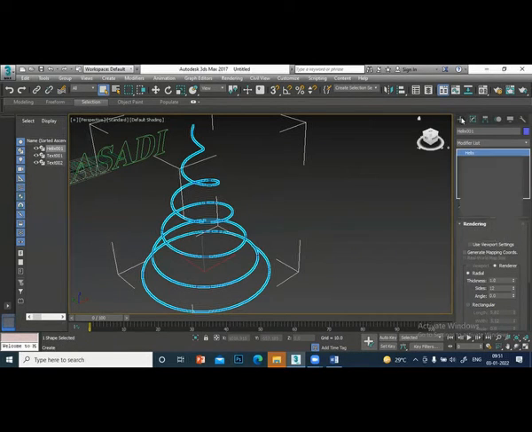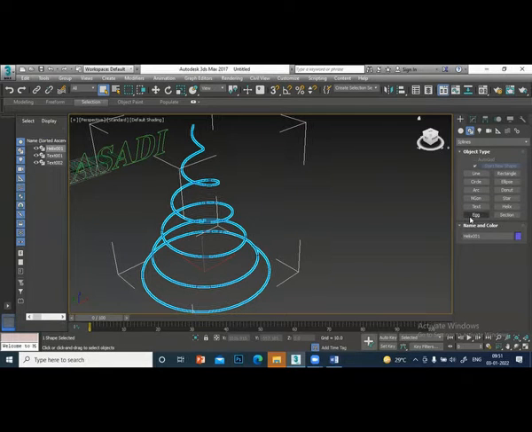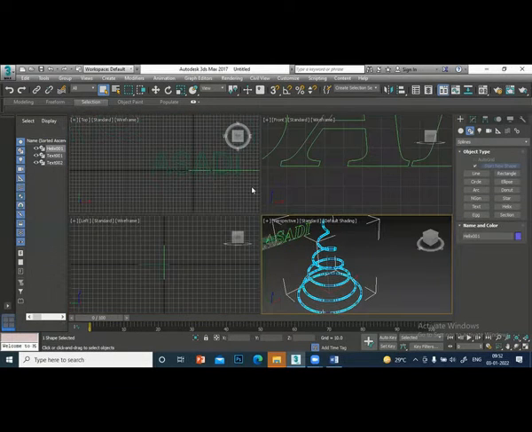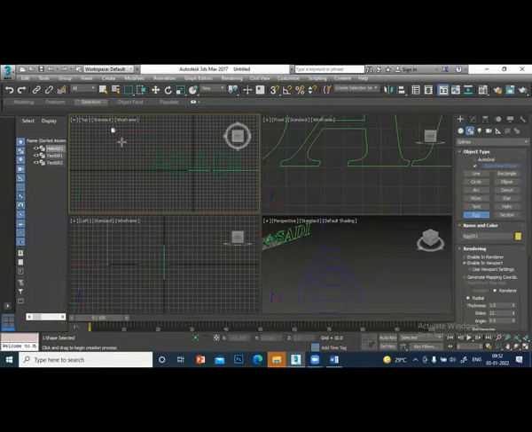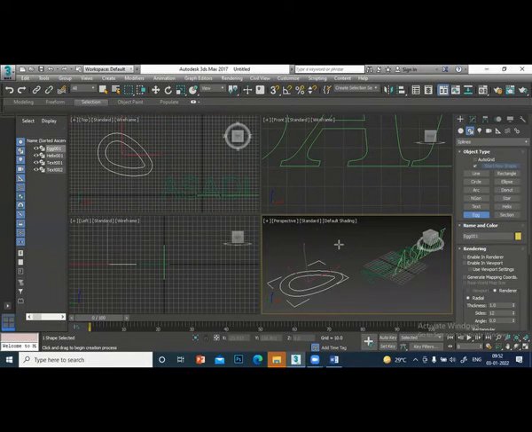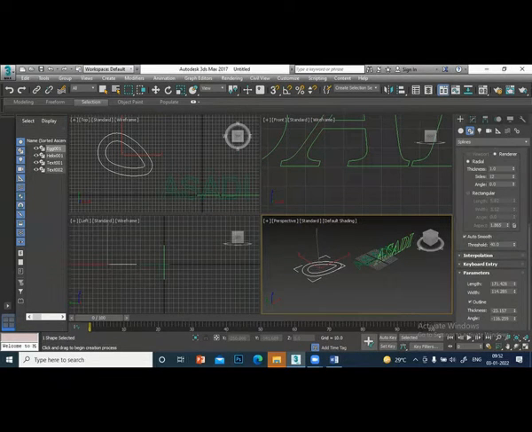Okay, now egg. When I click the egg command, you draw an egg-like object. It's an egg. I can remove the tick mark. You can see this is the egg. And if you don't want the inside, in the parameters you click the outline off, and you'll see it's just like an egg. The angle can be adjusted from here. See, you can adjust the angle of that. So these are the different 2D options.